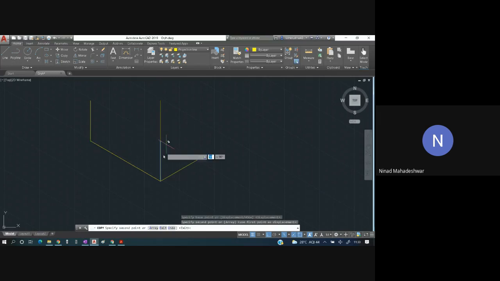Now see, which plane are we in now? This is xz plane. We are in xz plane. I'll press F5. I'll go to another plane which contains the y axis. So what I have done over here is I have pasted this on the other side. Everybody is getting this?